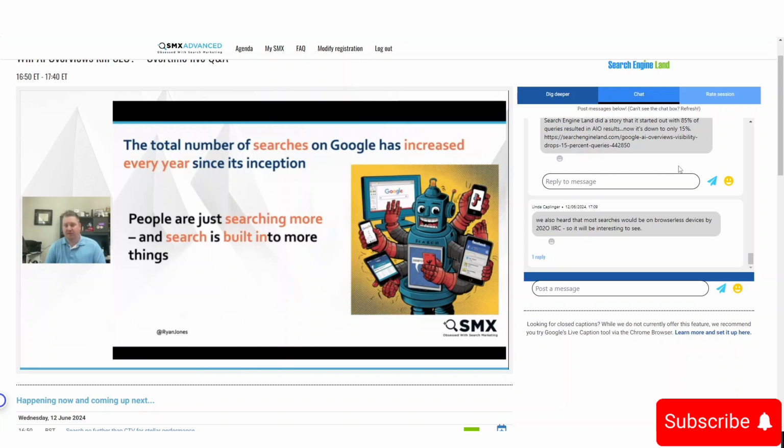You've seen the articles, is TikTok going to kill Google search? Is AI going to kill Google search? Meta, right? All these other things. And the answer that I think is no. I think search is just becoming more and more part of our daily lives. It's ubiquitous. It's built into everything we do. And people are just searching more in multiple devices, but I don't think it's going to actually replace or kill search. There's still going to be a need for search.